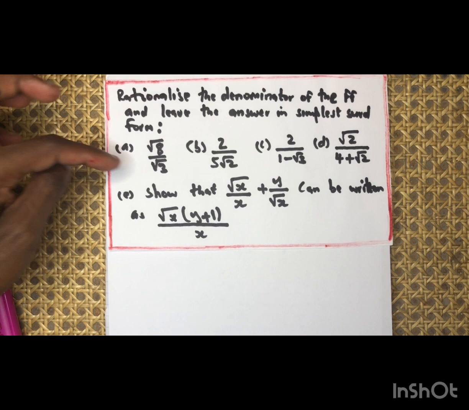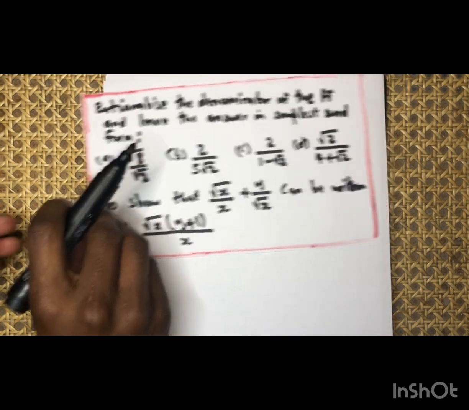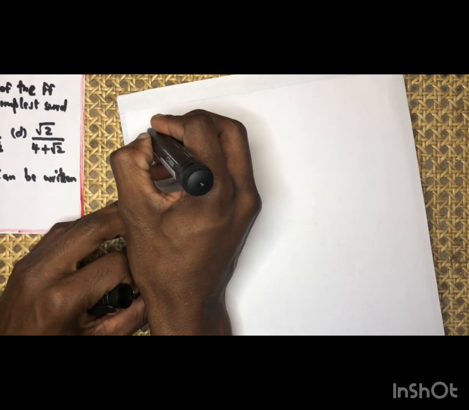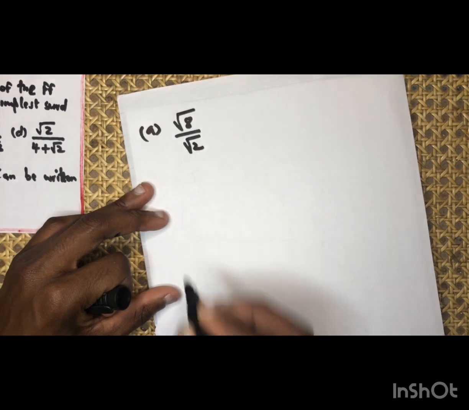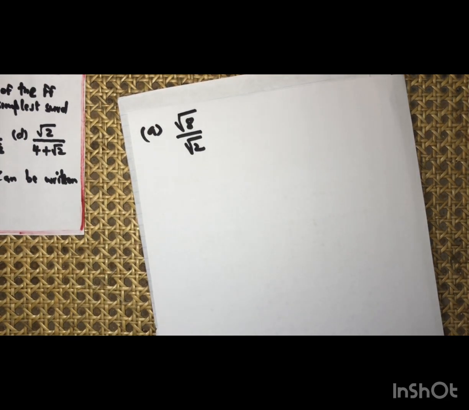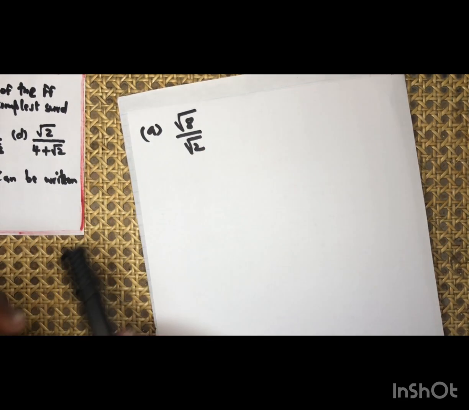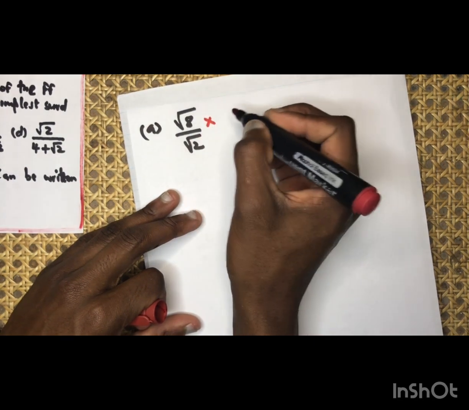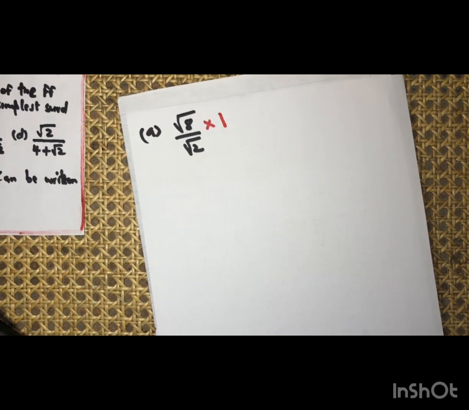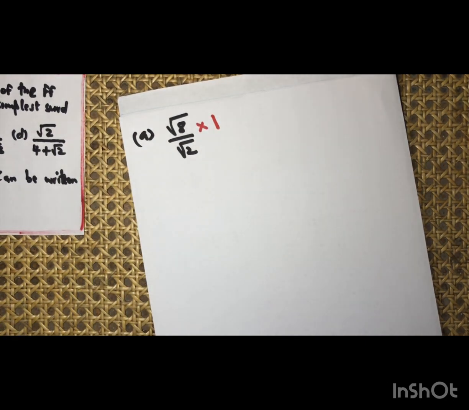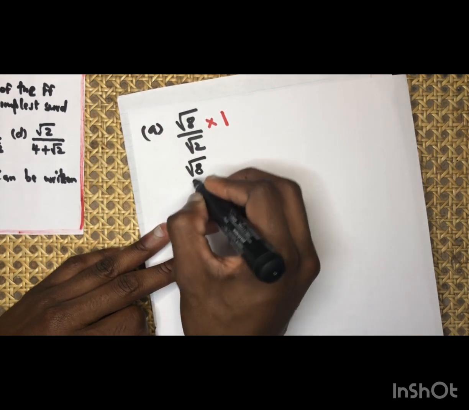Right. So guys, we have A here. We are given square root of 8 over root 2. Remember, we said the principle of rationalizing the denominator is to remove the surd in the denominator. So what must we do in order to remove this surd, guys? I'm going to multiply by an identity element, which means 1 here. I want to remove this surd in the denominator, so I'm going to write root 8 over root 2 times